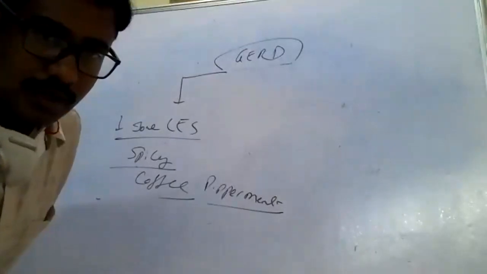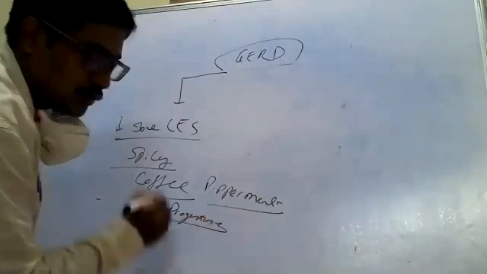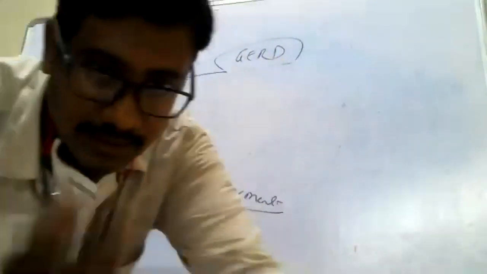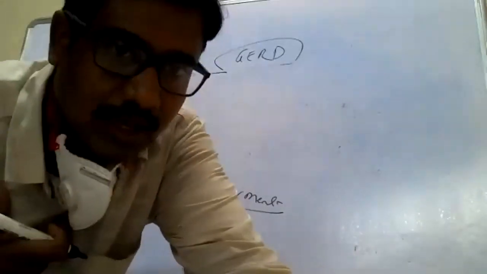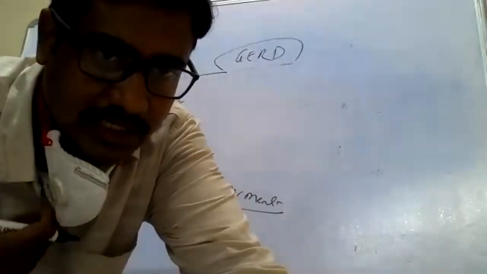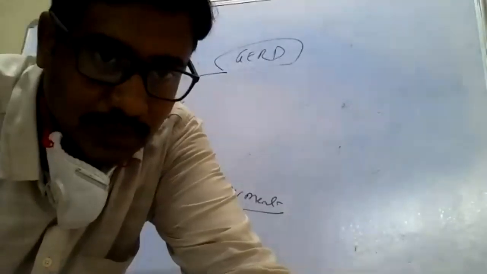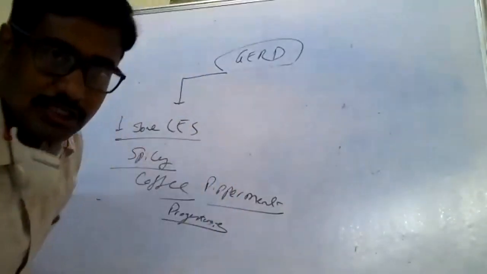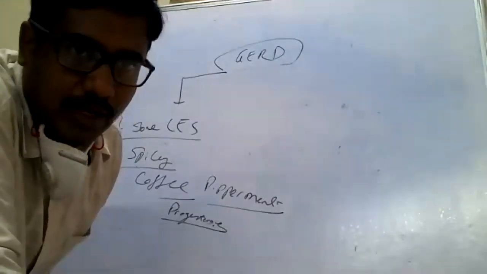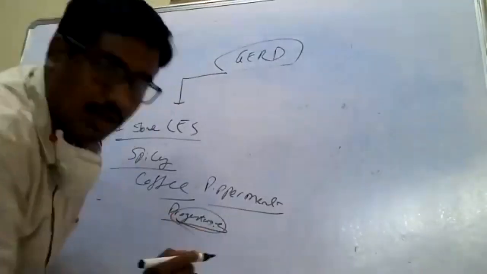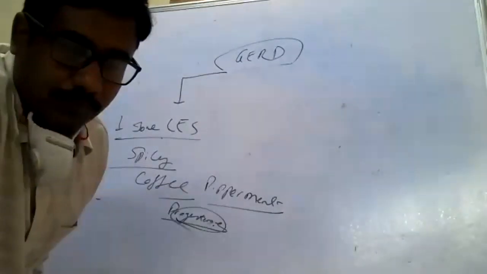Still what? P for P, progesterone. During pregnancy, the pregnant lady will complain of heartburn, a burning sensation in the chest. Why? Because of which hormone? It is because of progesterone. Progesterone during pregnancy relaxes the lower esophageal sphincter. So the pregnant woman complains of GERD because of progesterone, which decreases the tone of the lower esophageal sphincter.